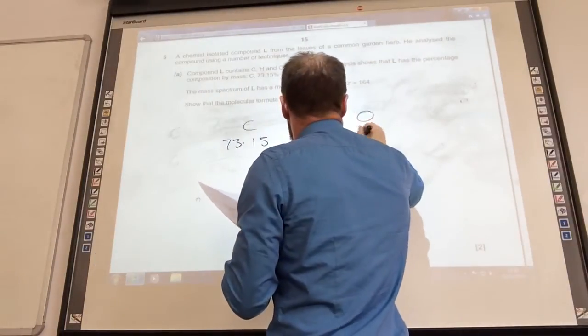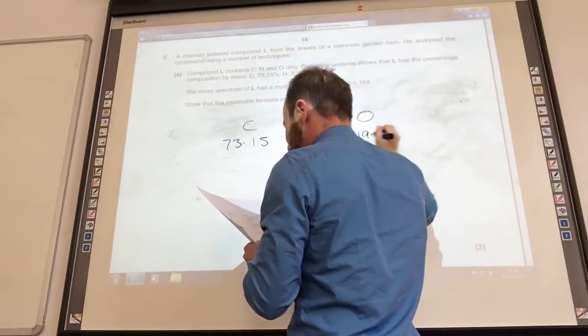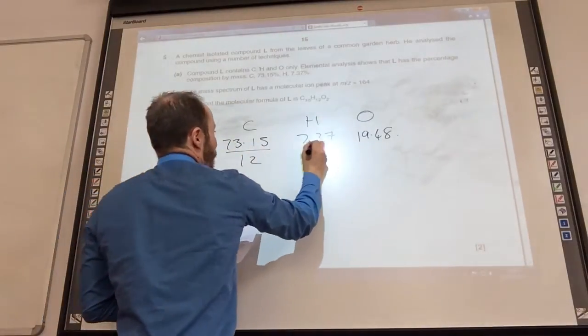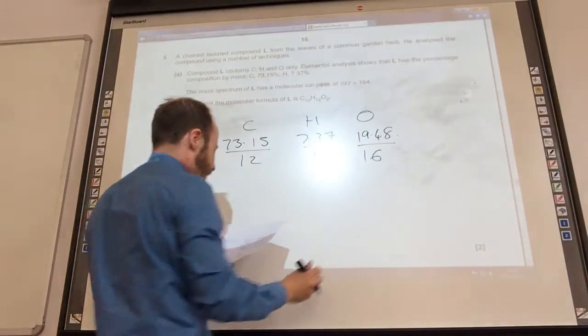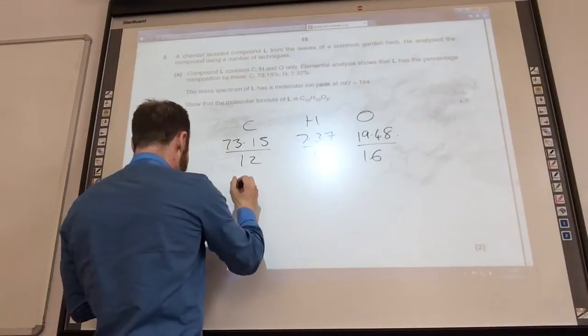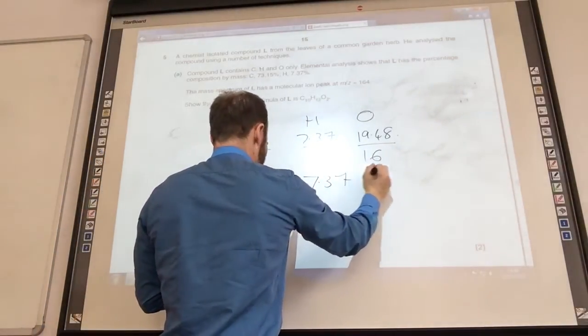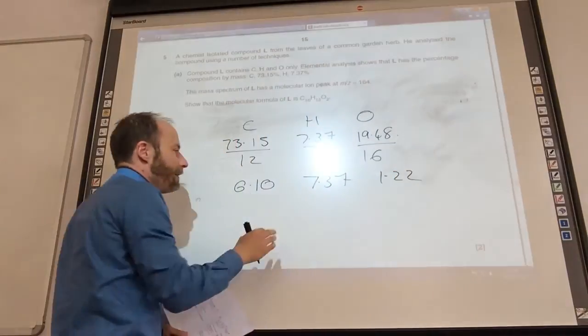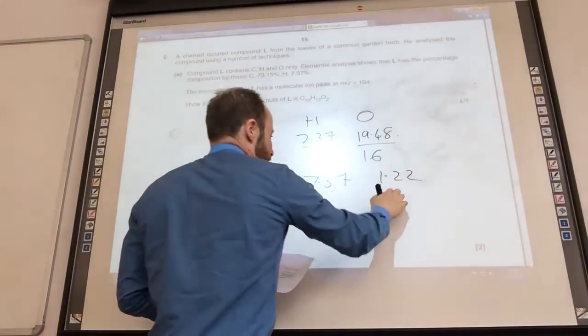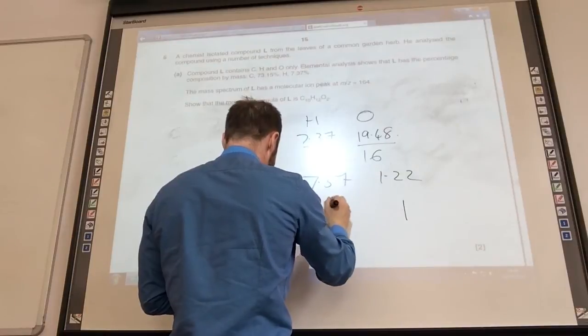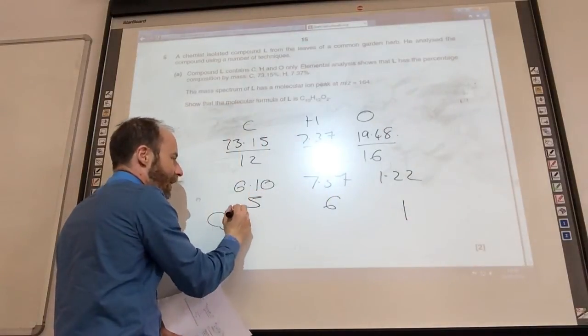That leaves you oxygen being 19.48. You divide that by 12, that by 1, that by 16. I think that becomes 6.10, 7.37, 1.22. Divide by the smallest one, which is that one. That gives you 1 to 6 to 5. So your empirical formula is